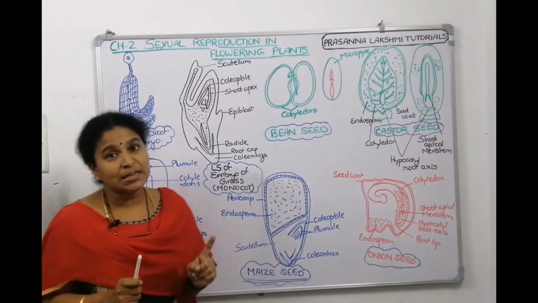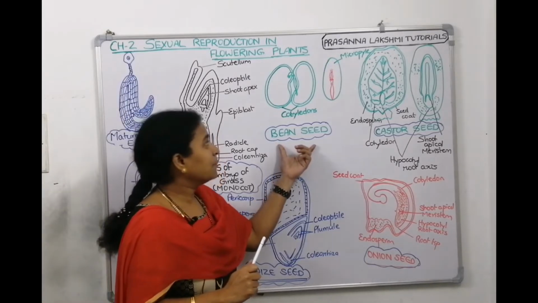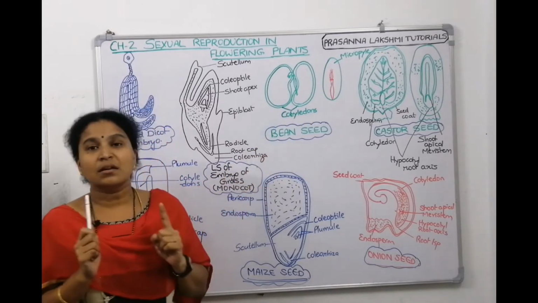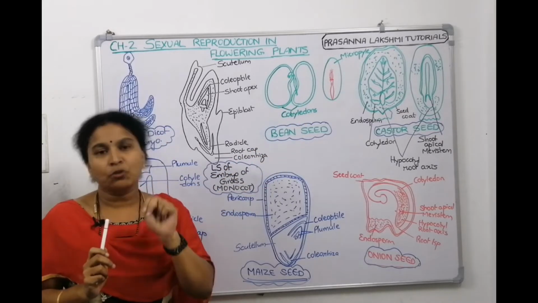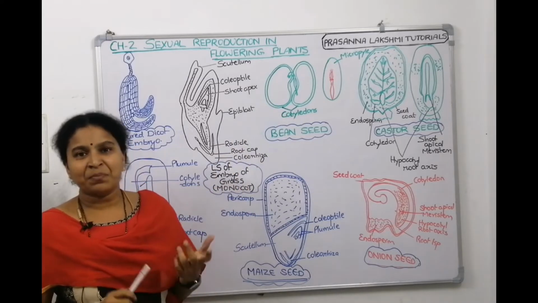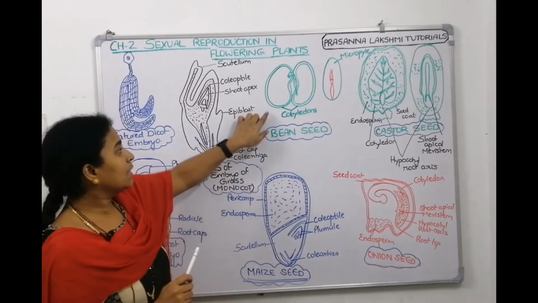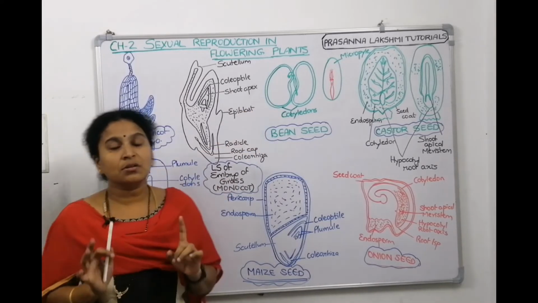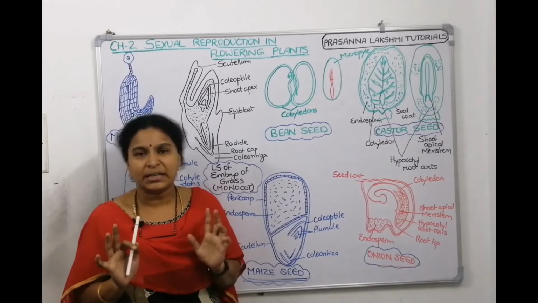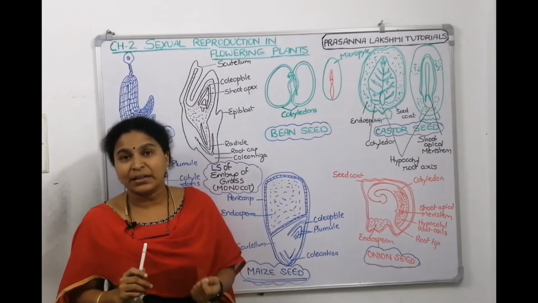Now, let's go to seeds, the structure of some seeds. Let's go with the bean seed. In the bean seed, I drew two cotyledons, which means the bean is a dicot seed. Tell me, what is the shape of the seed? Bean shaped, kidney shaped, and it has two coats. See the outer coat and inner coat. Children, the outer coat of the bean is tough and thick. It is called the testa. The inner coat of the bean is papery and is called the tegma.